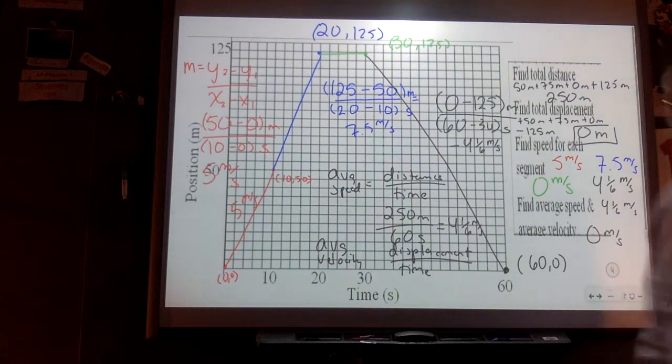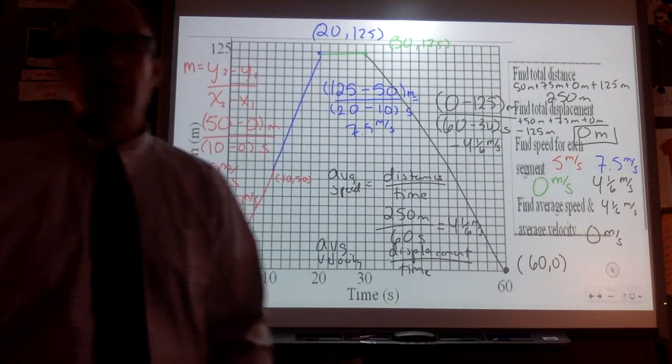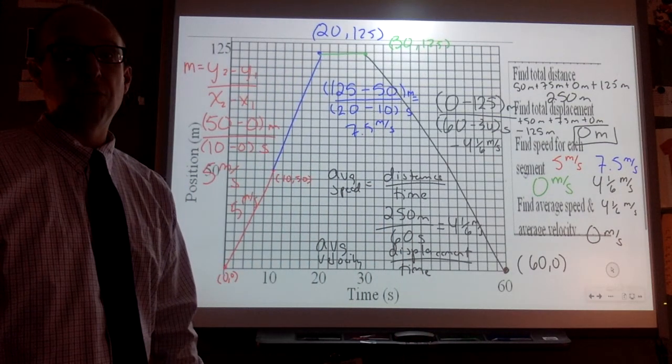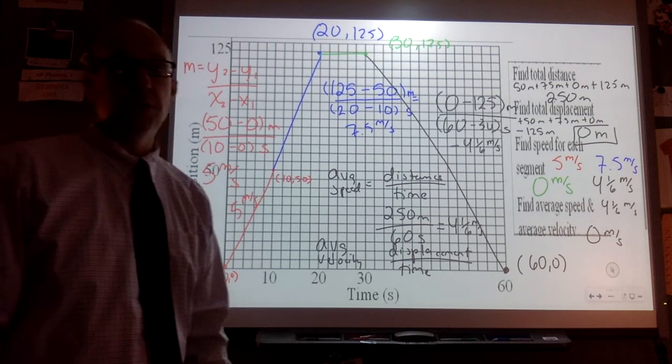Next time when we come back, we'll look at how to draw one of these where we have to pick what the divisions are, so we use most of